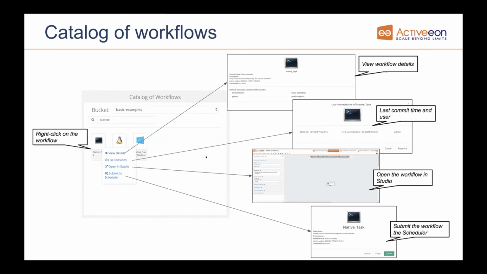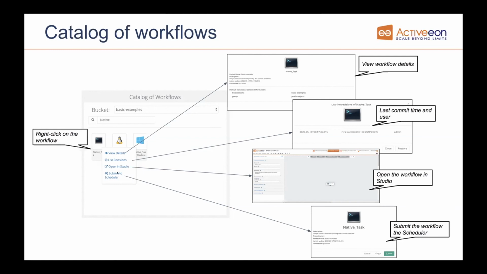And we have the capability to restore a version if we want to come back to an old one. We can also open this workflow in the studio if you want to see how it looks like, the code, so it's the implementation, and see, for example, which language and the other characteristics of the workflow. But this feature, normally it's not allowed to citizen data scientists, as it's not their role to go to the studio and modify the workflow. So this feature is controlled. If you are allowed, you can go to the studio. If you are not, it will not